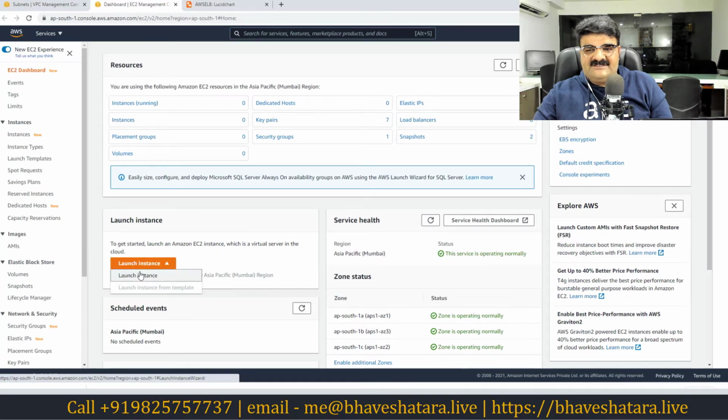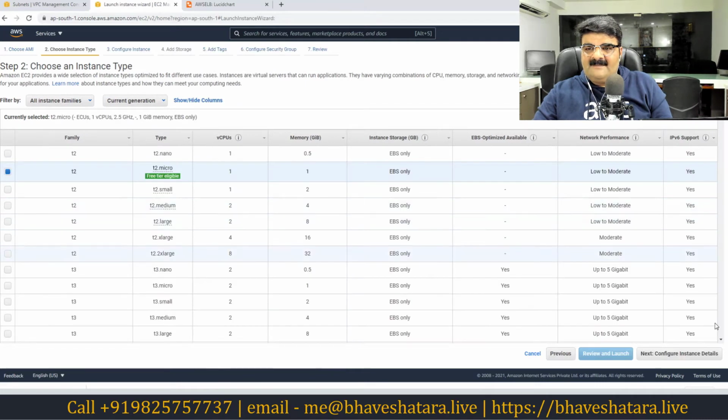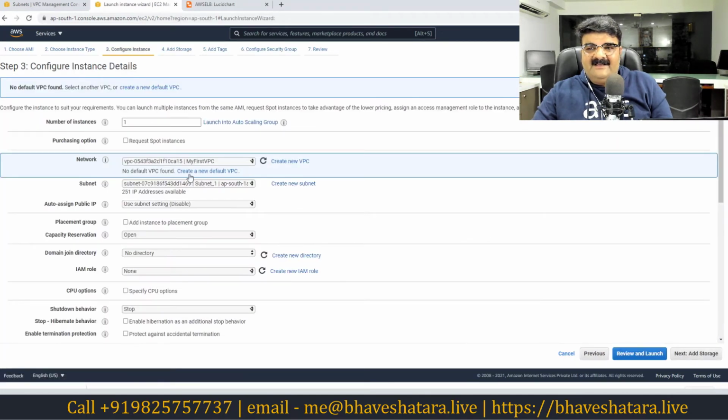I'm going to click launch instance. Here I'm selecting Amazon Linux. And now I'm not getting any error. This is really good news. But the matter is, whenever I select this, it is AP South, it is giving me subnet_1, and it is giving me the option AP South 1A. Now you may have a question, but I want to deploy my resources in AP South 1B. I'm already having one server in AP South 1A, and I want to deploy my server into the other availability zone. So how can I do this?